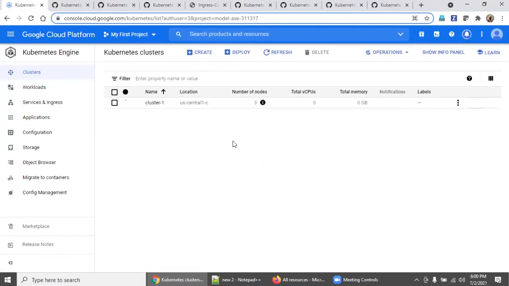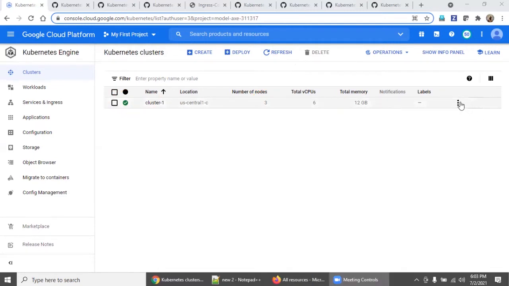Let's wait for this cluster to be fully up and running. Now you can see the cluster is created, up and running, with a green tick mark and 3 worker nodes.